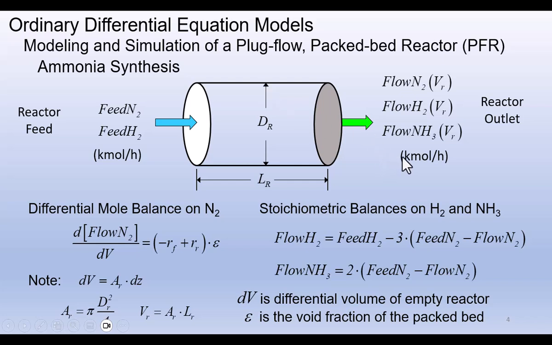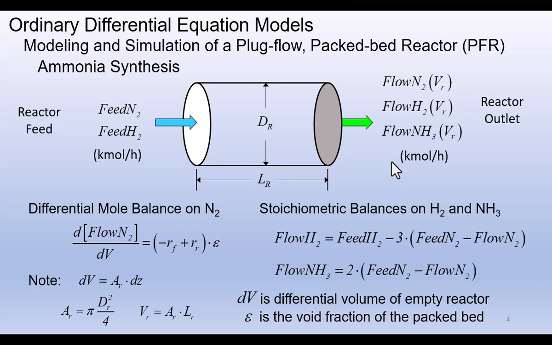And we have feed flows, and we have product flows, which include unreacted nitrogen and hydrogen, because this reaction is not carried to completion in the reactor itself because the reverse reaction becomes more prominent as you go through the reactor and prevents complete